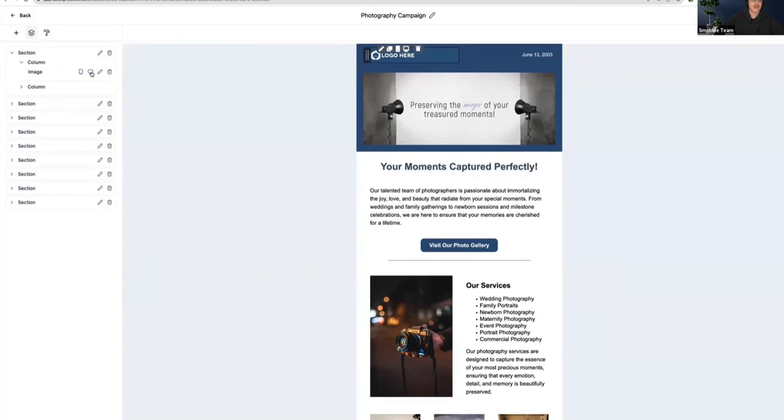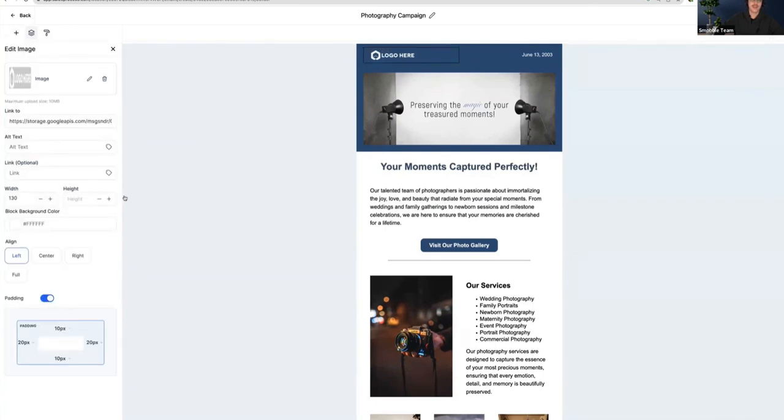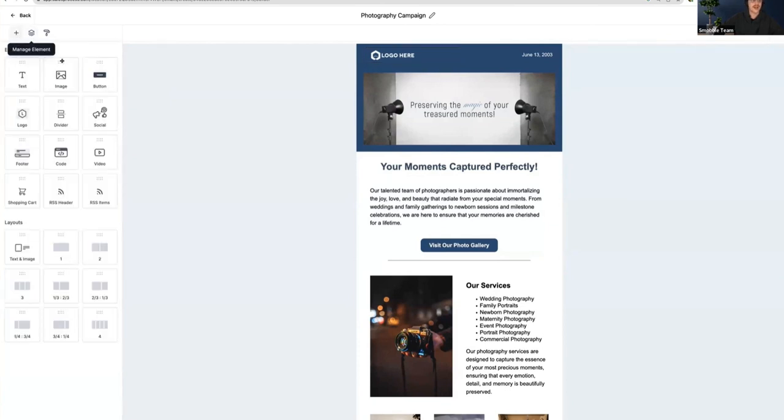So these ones can actually be toggled here on and off for desktop or mobile. So you can change the way the email looks depending on the device that your user is going to be looking at it, simply by toggling these on and off. You can edit it by clicking on the edit button. And this is going to show up with these little options here on the right-hand side. But we'll go back into our add elements first,